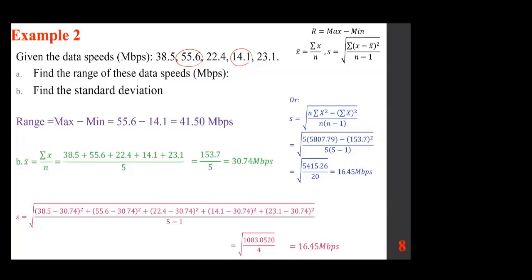I want to make sure everybody understands the meaning of summation of x squared and summation of x quantity squared. We don't want to mix them up. So I'm going to write down the summation of x squared. Summation of x squared means 38.5 squared plus 55.6 squared all the way to the last one. That is the summation of x squared. However, summation of x quantity squared means add them up, 38.5, 55.6, all the way to the last entry,